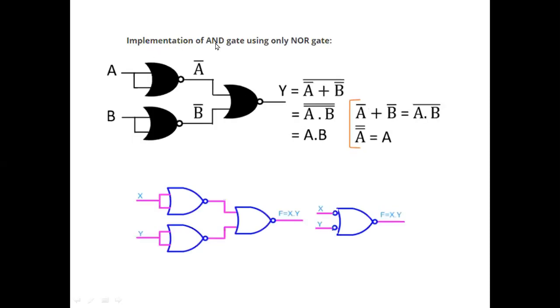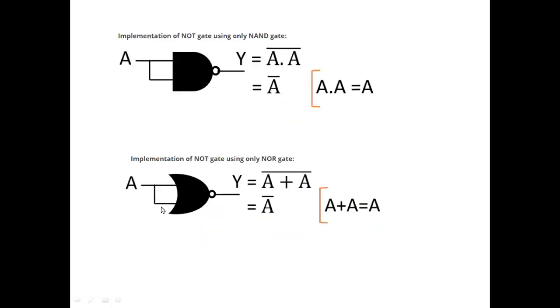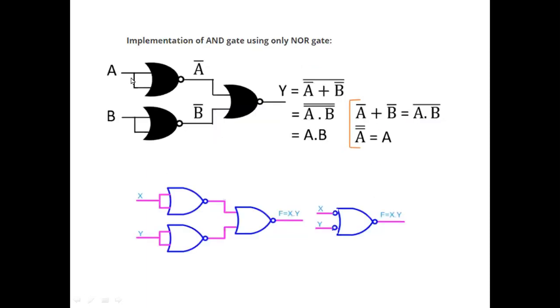Next, implementation of AND gate using NOR gates only. We just saw that a two-input shorted NOR gate functions as a complement, that is A bar. So here the two inputs of A are shorted, and this gives A bar, and the two inputs of B are shorted and given to a NOR gate, so this functions as B bar. A bar and B bar are given to a NOR gate. We know that the function of NOR gate is (A plus B) whole complement. Now my A is A bar and B is B bar. So it is now (A bar plus B bar) whole complement.